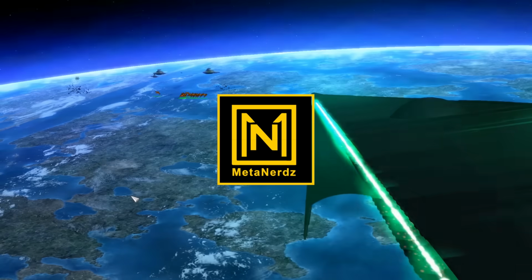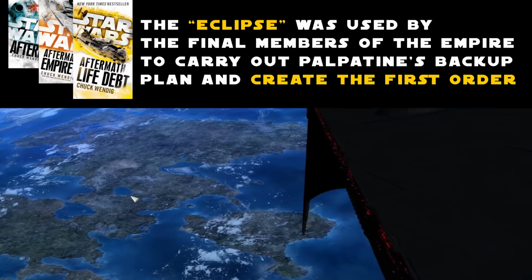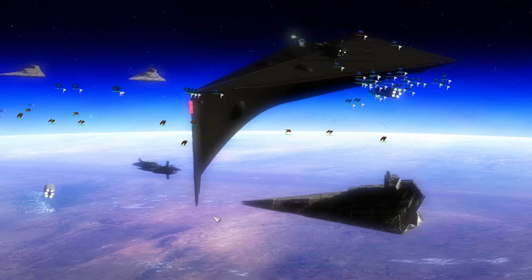What's up, MetaNerds? This video will cover the Eclipse class Dreadnought. And to get this out of the way early, there is a canon version of this ship, which is incredibly important to the survival of the Imperial Remnant and rise of the First Order. But everything seems to point to that just being your standard Super Star Destroyer of the Executor class. I will cover that in a separate video soon, but this video will be a complete breakdown in history of